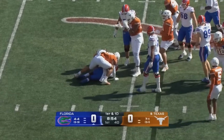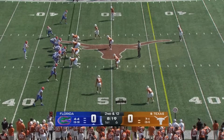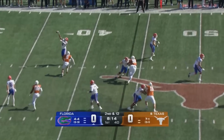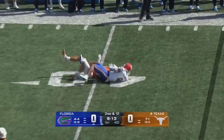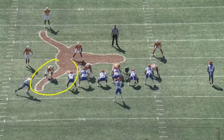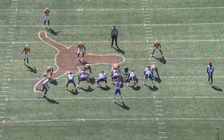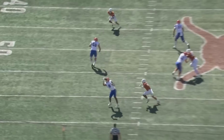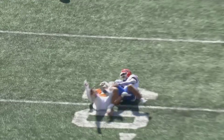This time he is tackled for a loss. Back runs the last 4 games. So what does the offense look like now? 2nd and 12. Warner's going to throw back as he tries to go back to his tight end. Boardingham threw it a little bit behind him. And for the play, he sees this coming from a mile away. He's not going to stop his pass rush. When he sees Boardingham reach out, he just puts on the brakes, and he goes to make a big stop, and now